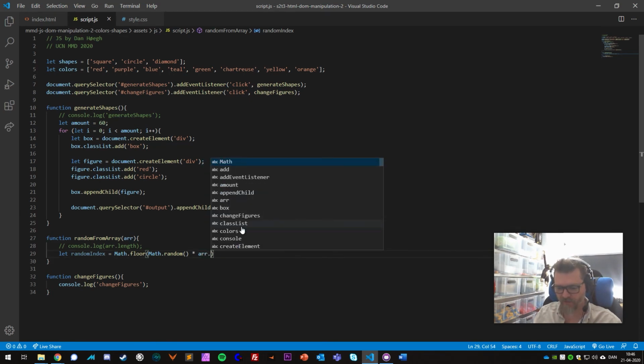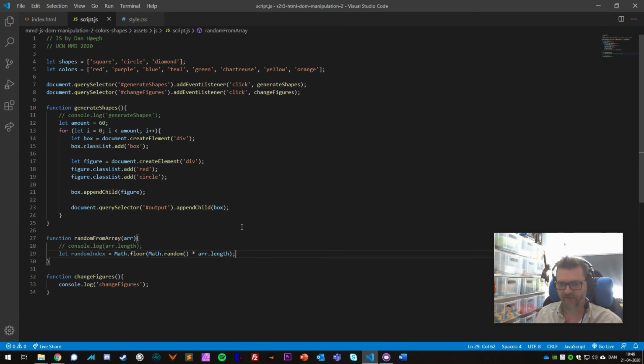So I'm just going to put array length here instead of 10. So now we've got a random index based on the length of the array that we're inputting,